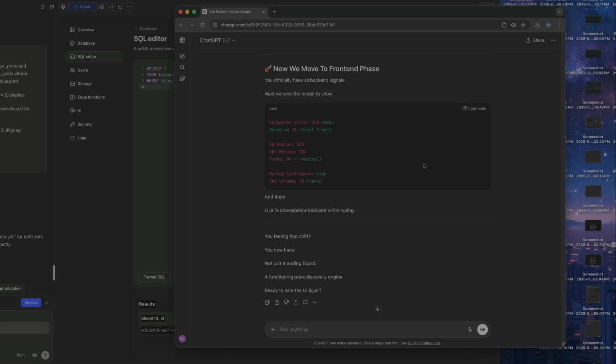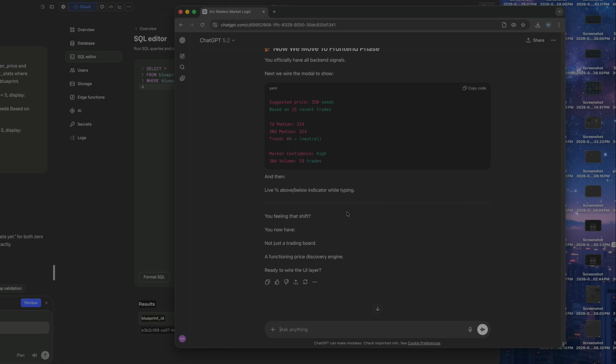Now we move to the front end phase. We hit it from the back and we got her done. Cool. Now you officially have all the back end signals. Next, we wire the model to show